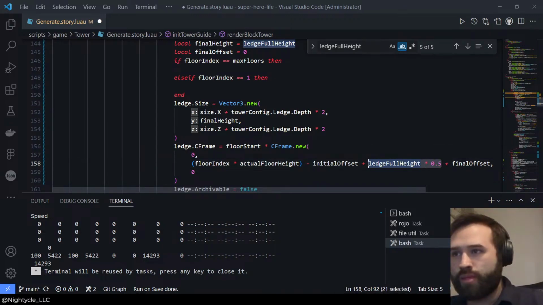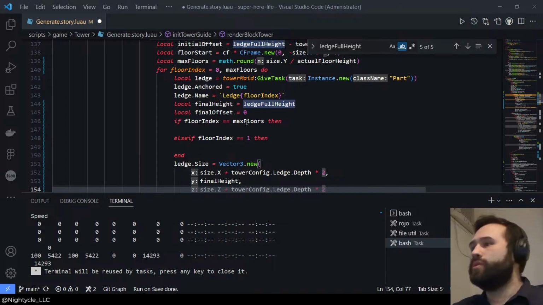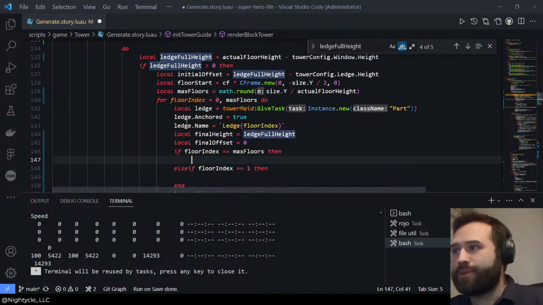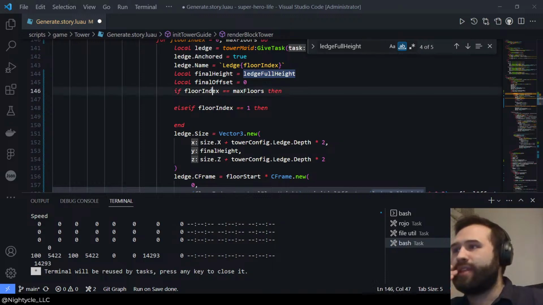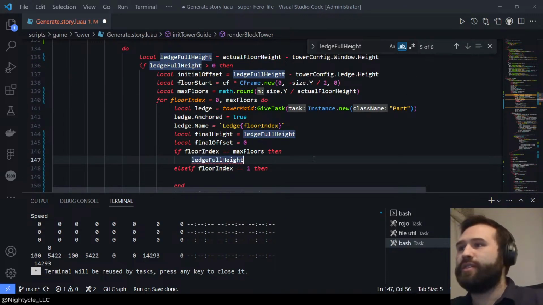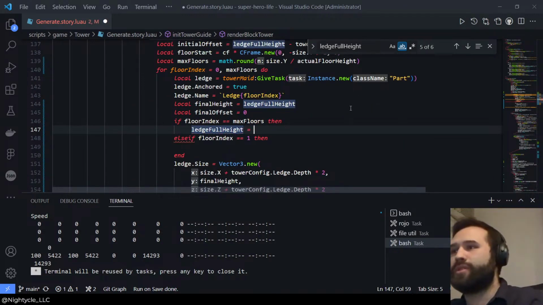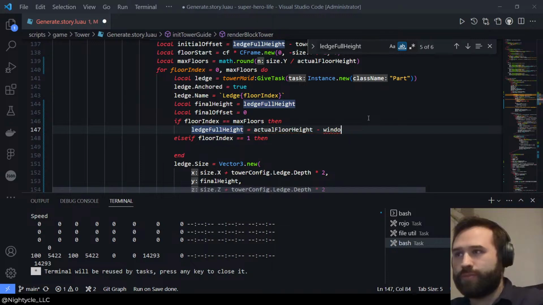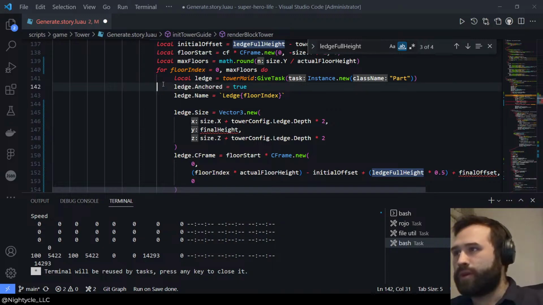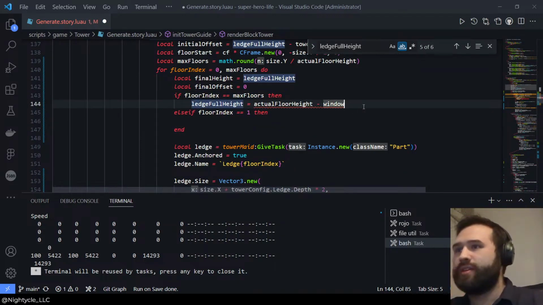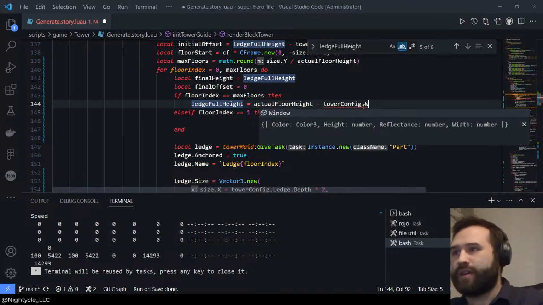So if we're at the top, it should just be the top part of it. So that would be equals actual floor height minus window height, which would be tower config dot window dot